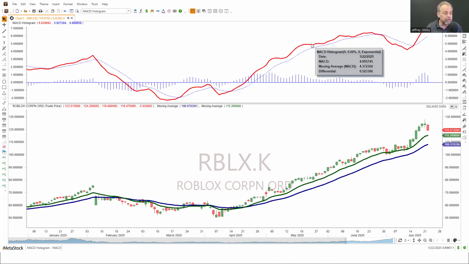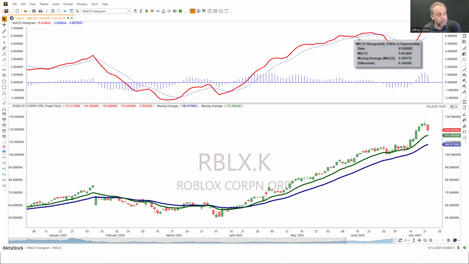So for example, when Roblox is going up, and it's been going up kind of crazy up until today, the difference between that shorter term and longer term moving average is going to increase. And the faster it goes up, the more that is going to increase. If we're in an area where we're kind of stagnated right here, the difference between the two moving averages gets way closer together, and so you won't have big, huge peaks and troughs. That's why it looks at trend, but it also looks at momentum.